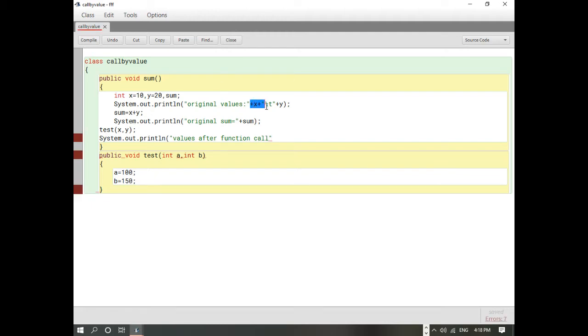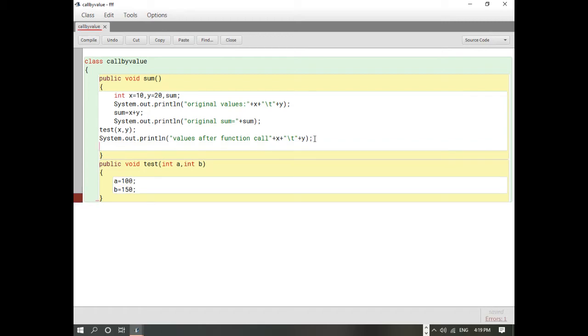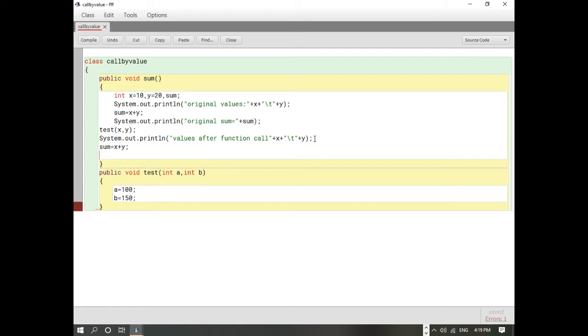So we can copy this from here. And then we are going to compute x plus y and see what will be the value after calling the function.